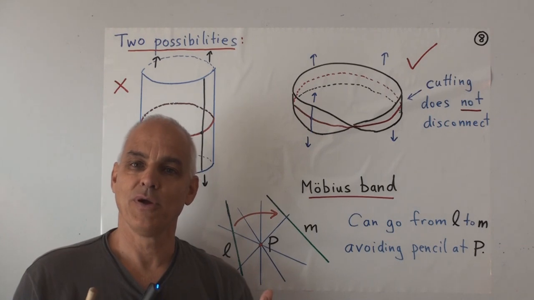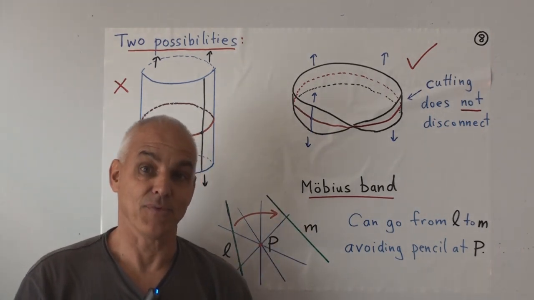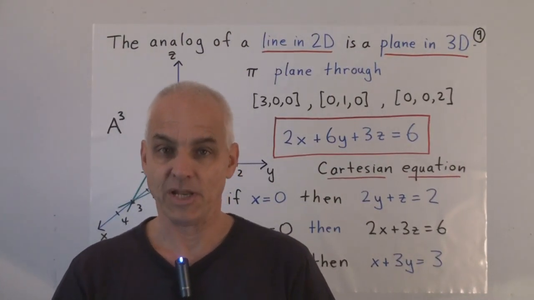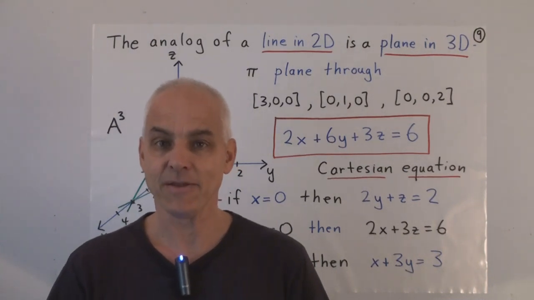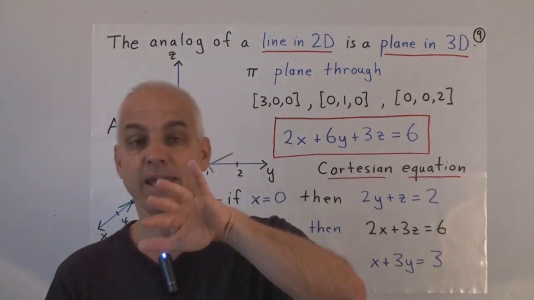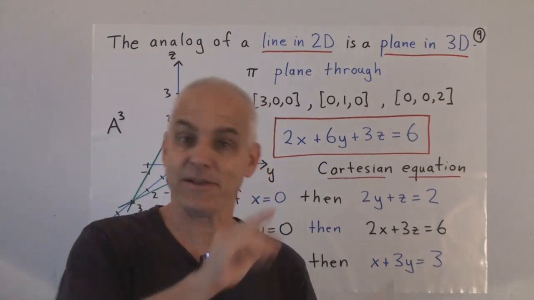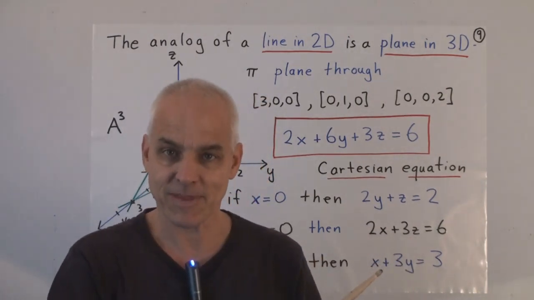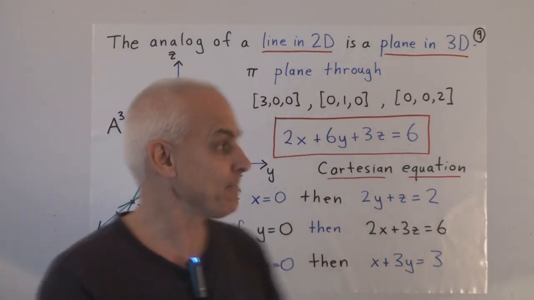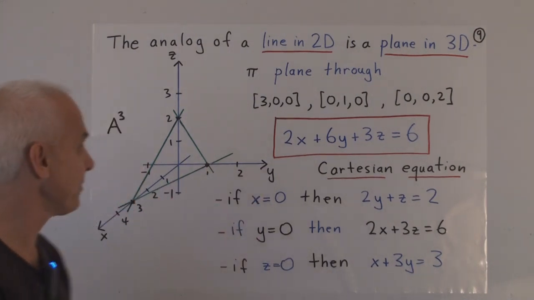Alright, so now let's go up a level to 3 dimensions, and let's talk about lines and planes in 3D. When we move to 3 dimensions, the first thing to realize is that the analog of a line is a plane. Although we have points, lines, and planes in 3 dimensions, the planes are the ones that act most like the lines in 2 dimensions. Lines in 3 dimensions are in fact more complicated, as we'll see. So let's talk first about planes in 3D.